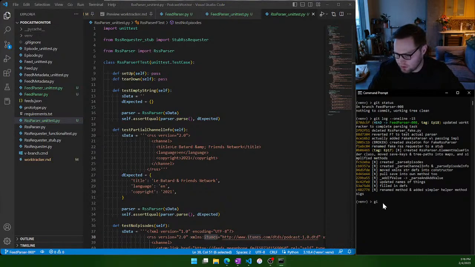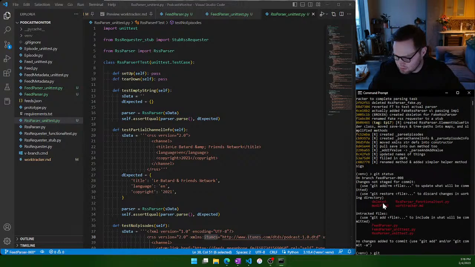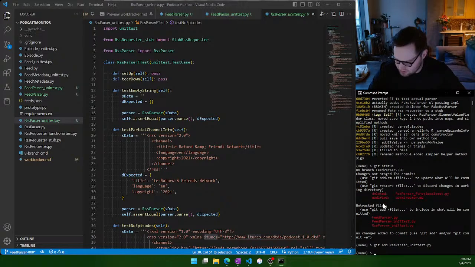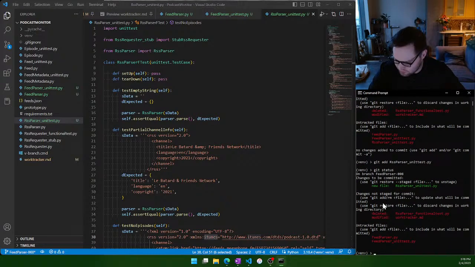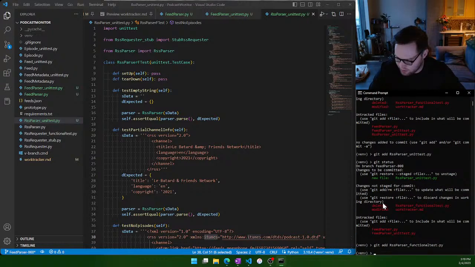So let's come over here, status. So we will add the RSS parser unit test, and I think we'll have to git add RSS parser functional test. I'm going to have to type it all out. RSS parser underscore functional test.py. Okay, so now if we look at the status here,